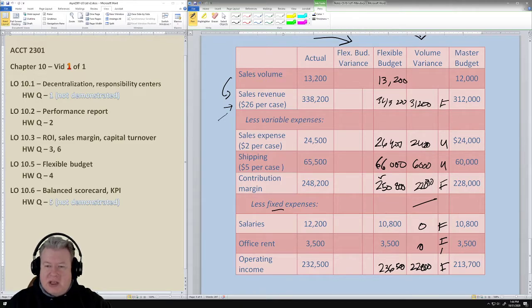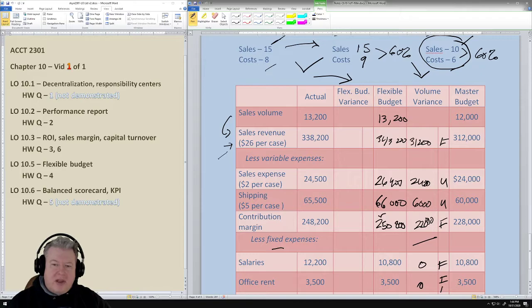What we are interested in, want to try and find out, is a little bit more about this flexible budget variance. So we can see here the difference, even when we have matched the volume. So we have a budget of 13,200 and we've got actual results of 13,200. Now we can look at what is the sales revenue versus what is our budget. Well, the difference here is 5,000. And we can see the actual results of sales was below our budget. So we would consider that unfavorable. We did not sell as much as what our budget would suggest we should.